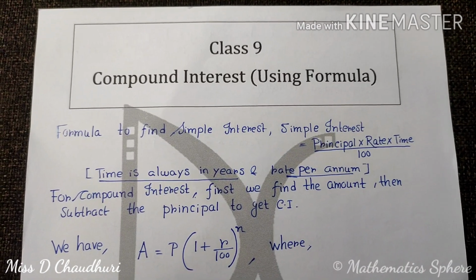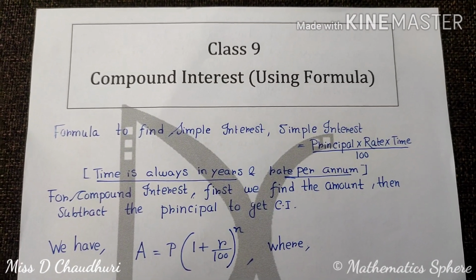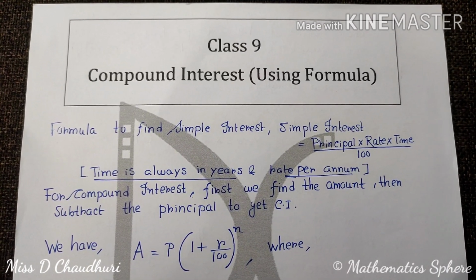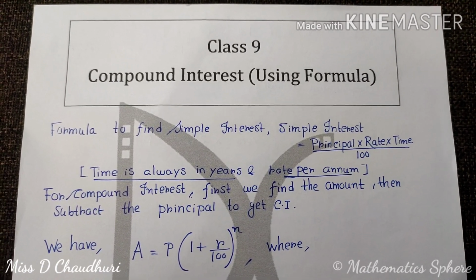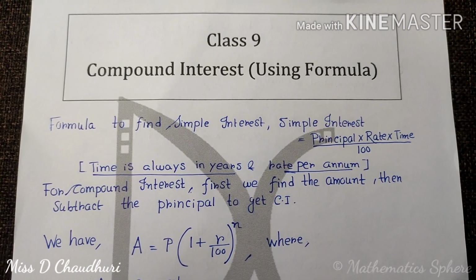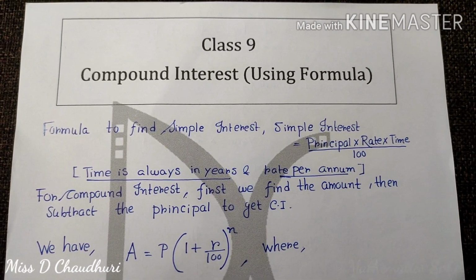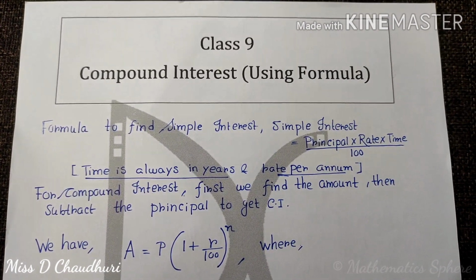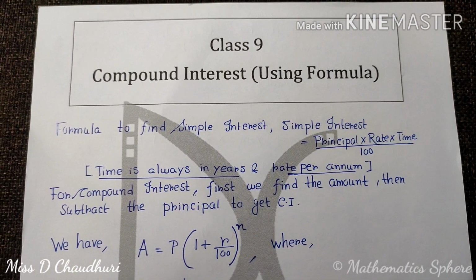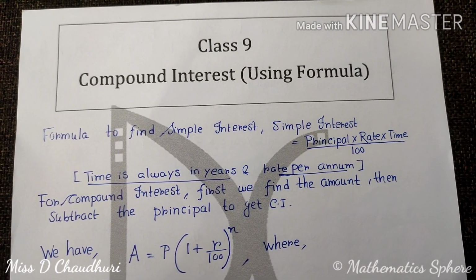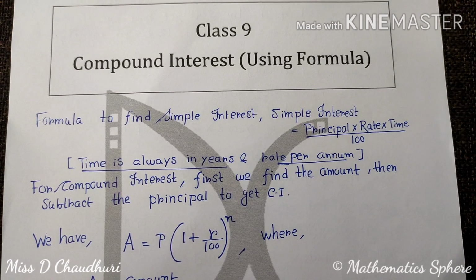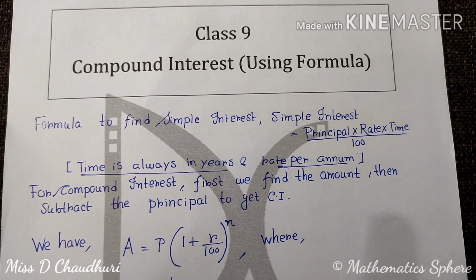In the last exercise, what we did was that we did it manually. We calculated the interest, we added it, then we found the principal for the next year, means after getting the amount it was the principal for the next year or next term, whatever you say. Then on that we calculated the interest. But here we will see that there is an easy formula for finding the interest, not interest, we will directly find the amount, then after subtracting the initial principal from the amount we will get the compound interest. Okay, so first let us see the basic formula and a few basic sums today.